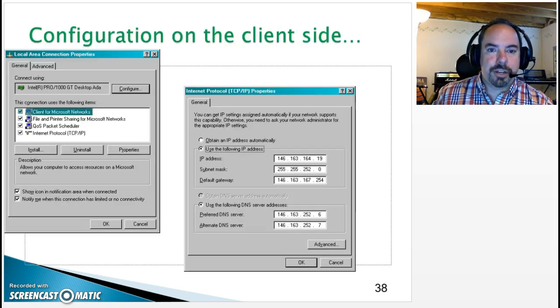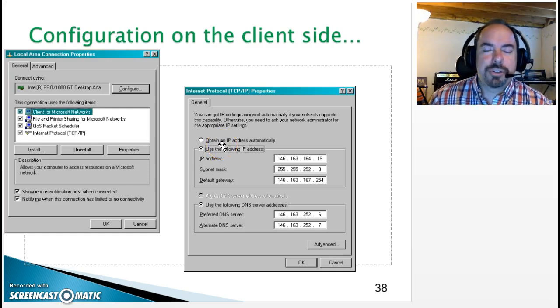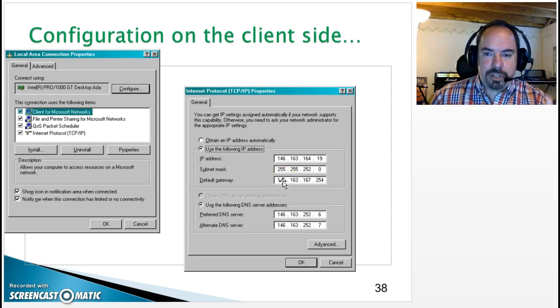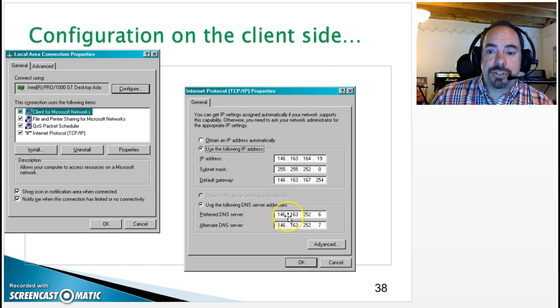And just to show you what this looks like, you can configure all this. So by default, DHCP is enabled automatically. This is kind of an old screenshot, probably Windows XP. Oh my God, I'm so embarrassed. But it looks very, very similar up through Windows 10. By default, this obtain an IP address automatically is checked, and that means you're using DHCP. But if you wanted to assign an address, you can, but you also have to give it the mask and the default gateway, topic for a later date. You can also tell it to use a specific DNS server. This can be handy for troubleshooting DNS issues. So this is on the client side where you configure it.